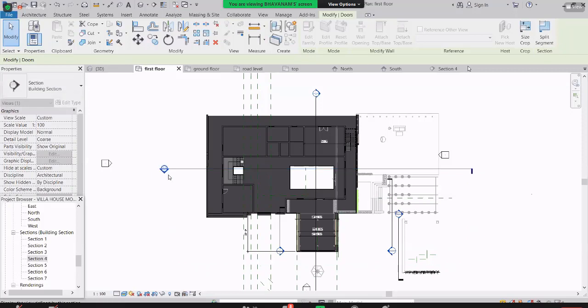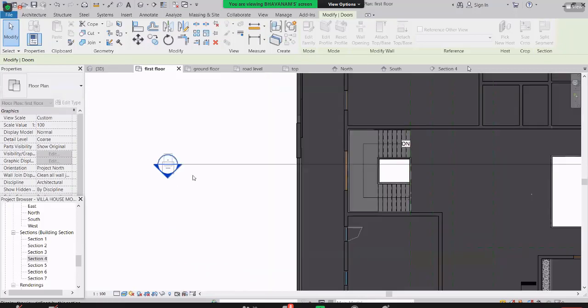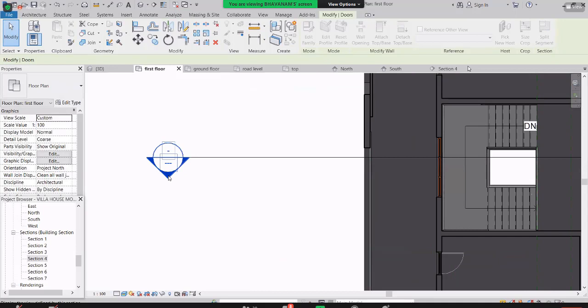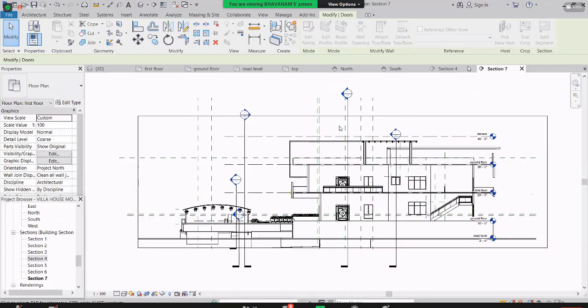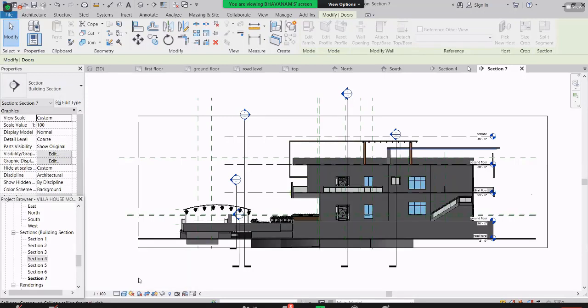After that, I need to double click on this. Once I double click on the end of this, it will open up the section view. So whatever I draw right now, this is exactly the section view. You don't need to draw any section view manually. It will automatically create the section views. If I just click on a realistic view, you can see.